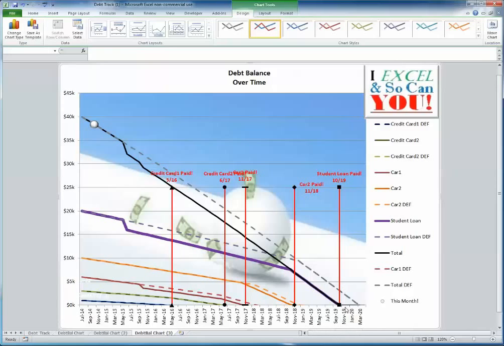And of course I didn't bother putting a student loan paid off and a total paid off, because your last debt to be paid off will occur on the same date that all of your payments will have been paid off. So now all of these are lines, of course, or line from the line graph option,